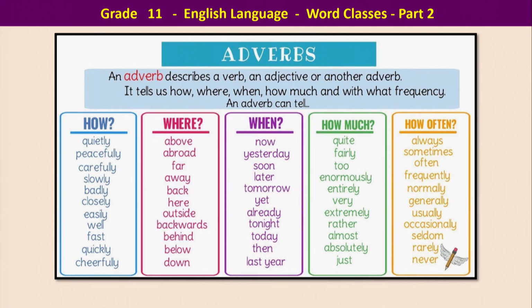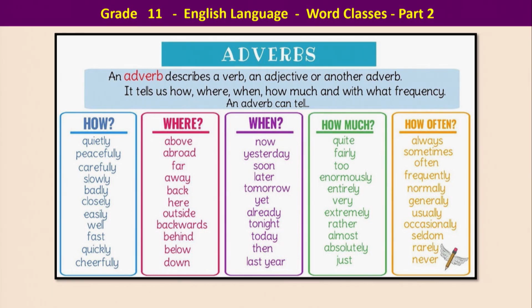Now, when you talk about how, the manner: How are you? Are you feeling well? How did you run? How did you sing? Did you sing quietly? No. I sang loudly. So, this is the list of adverbs to use when you talk